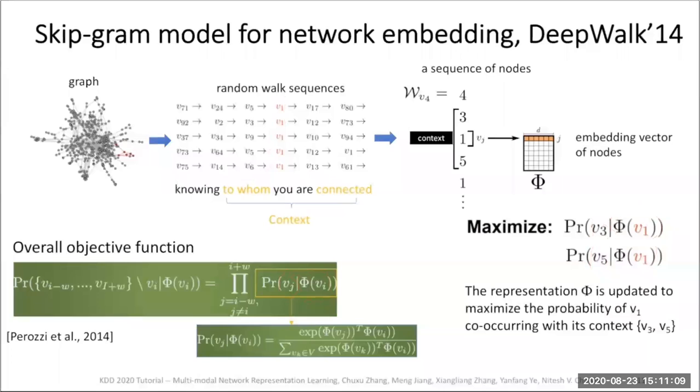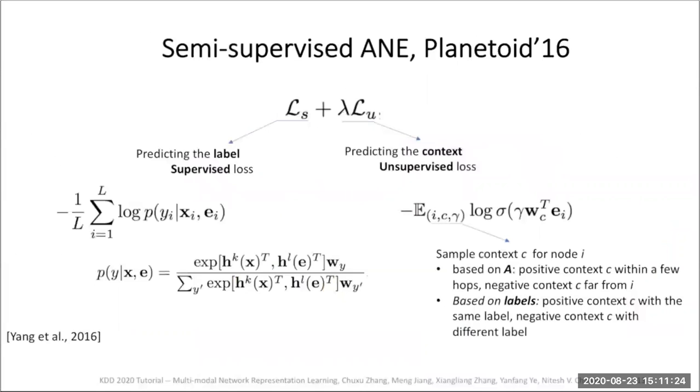So we know this is learned in an unsupervised way without considering the labels for the nodes. So the learned embeddings can be used for any purpose: classification, clustering, community detection, and many others, link prediction. In order to work for the semi-supervised attributed network embedding, we have to introduce a loss function. And this loss function, like what we introduced in the label propagation method, is composed of supervised loss and unsupervised